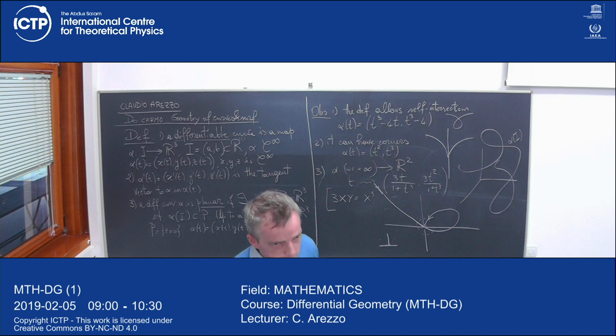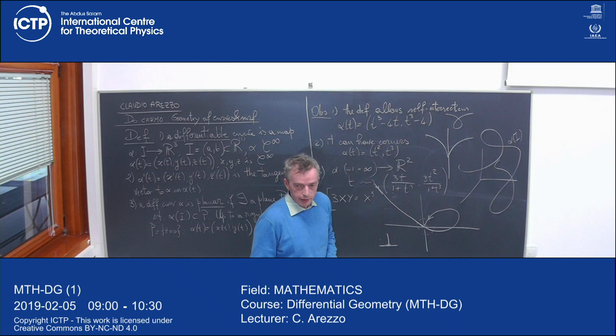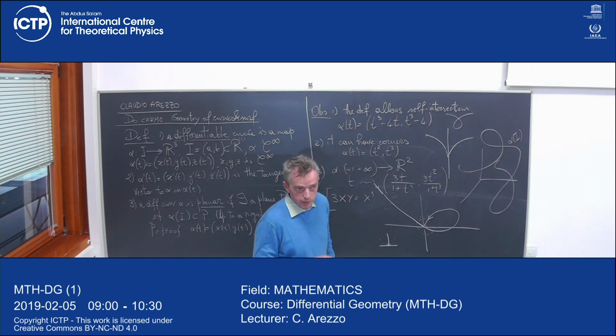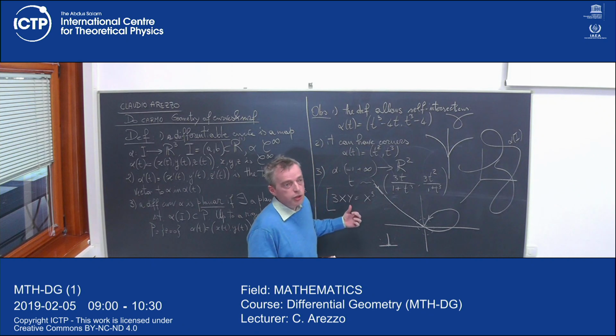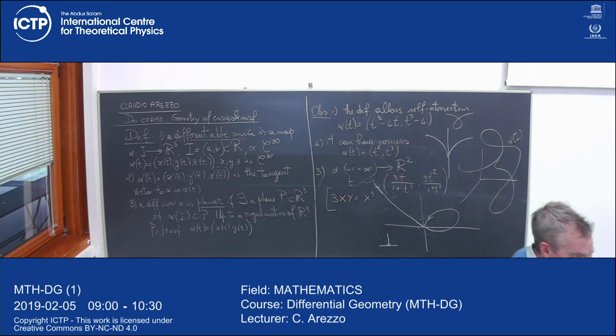So maybe you can. But here, why don't you remove this point here? And now you see my objection collapses. How many connected components does this object have? 3. And the number of connected components is a topological invariant. Okay? So here I get 3. While for any other point, I don't know which point should be on the interval, whatever point on the interval I remove, I will get 2. Also, the inverse image of this should be 2 intervals, not 1 interval.